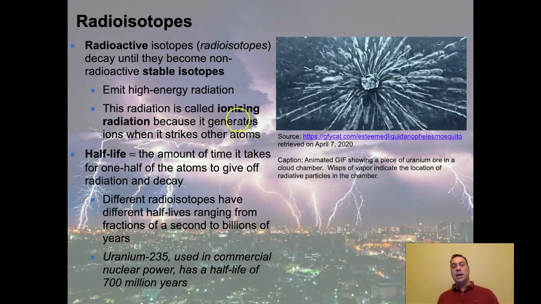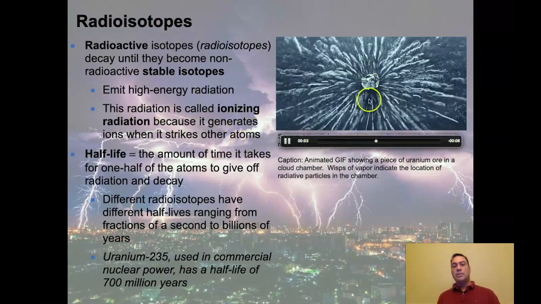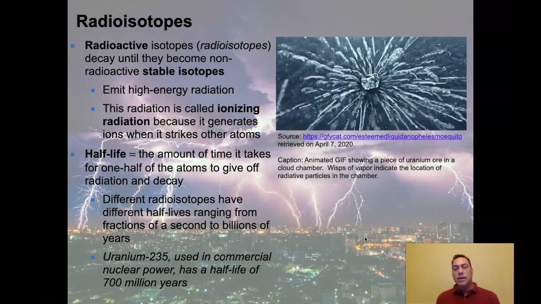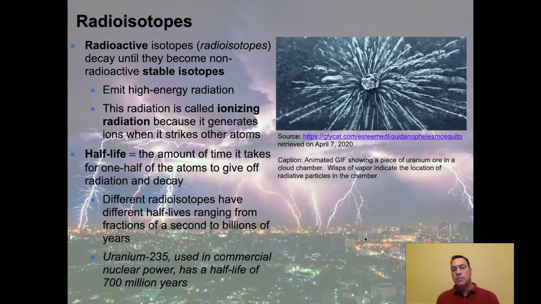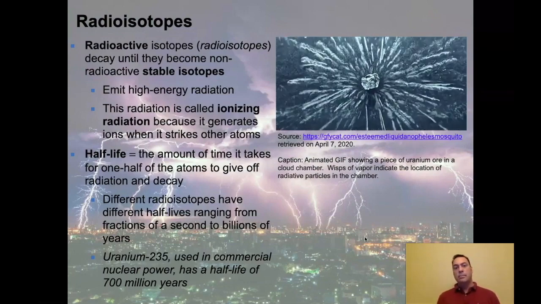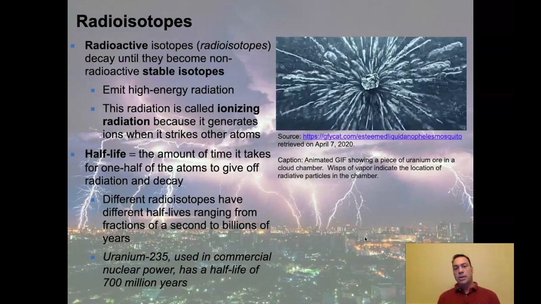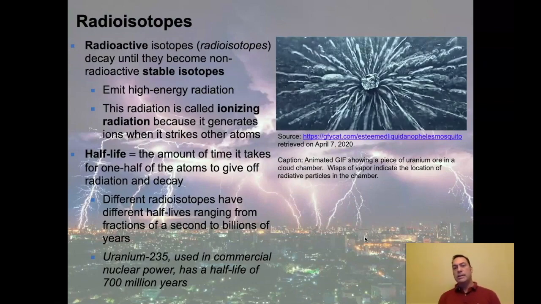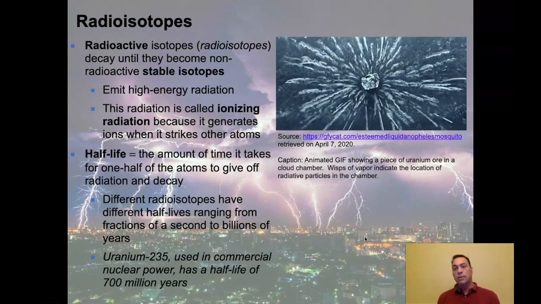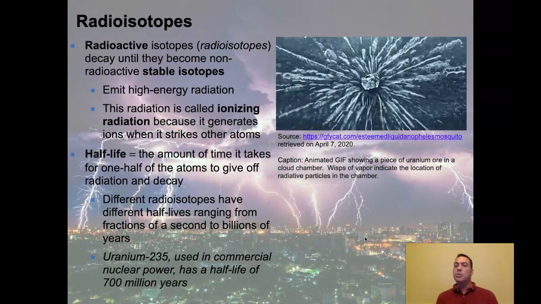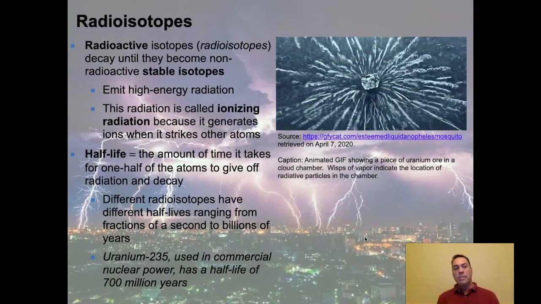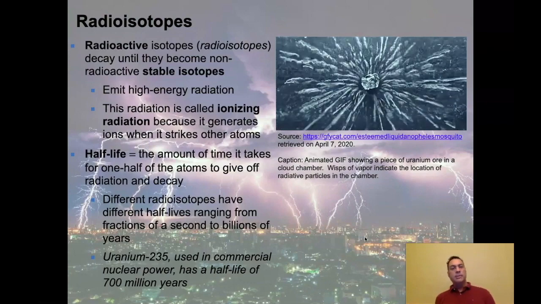And that's what we're seeing happening here. This is a piece of uranium ore, and as we know, uranium is radioactive. So radioactivity is happening around this piece of ore. It's in a cloud chamber, and whenever it shoots out a bit of high energy radiation in a direction, it creates a cloud wisp that you can see, so we can document visually how radioactive this item is. By the way, you can make your own cloud chamber. There are ways on YouTube to learn how to make them in your own house. Anyway, just as a side note.